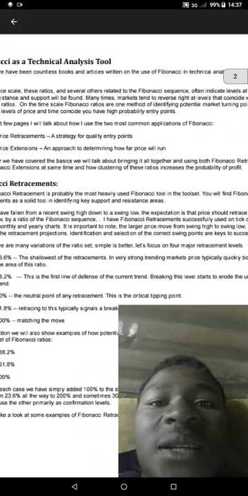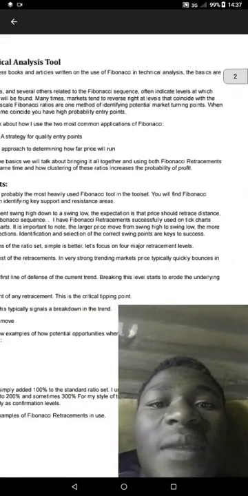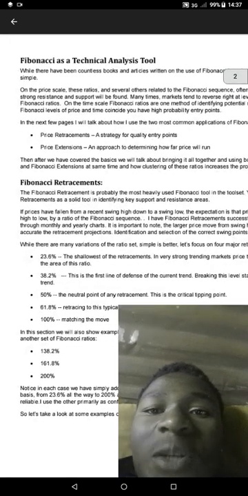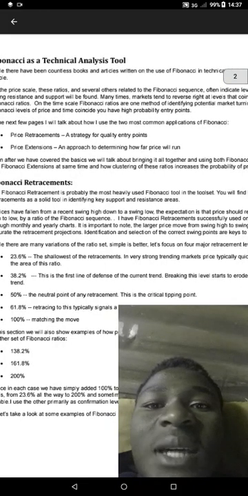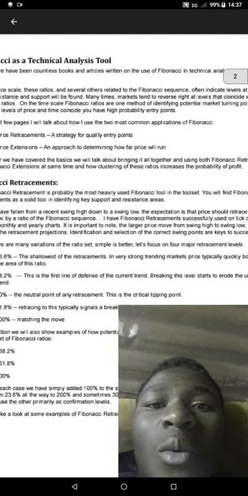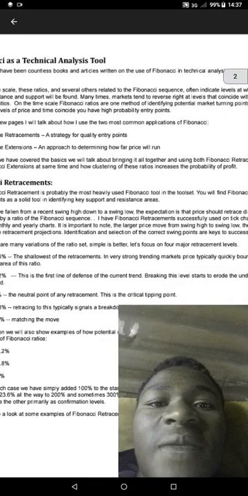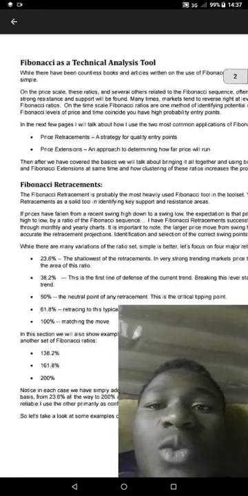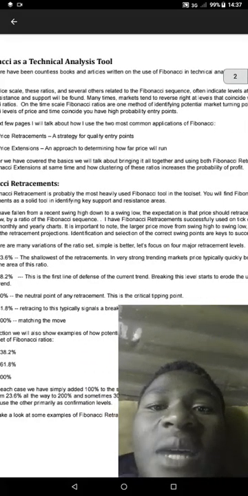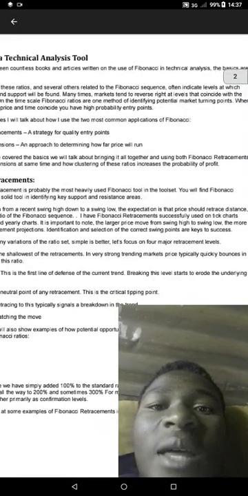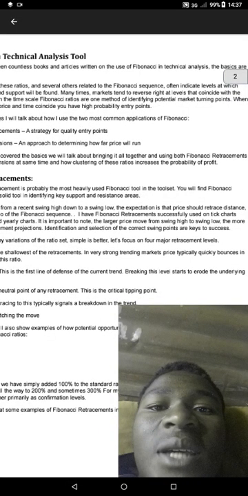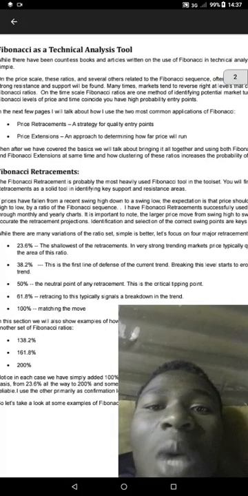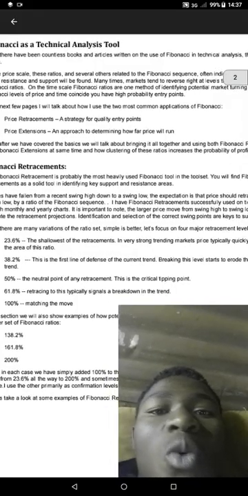Many times markets tend to reverse right at levels that coincide with the Fibonacci ratio. On the time scale, Fibonacci ratios are one method of identifying a potential market turning point. Okay guys, when Fibonacci levels of price and time coincide, you have a higher probability entry point. In the next few pages I will be talking about how to use the two most common